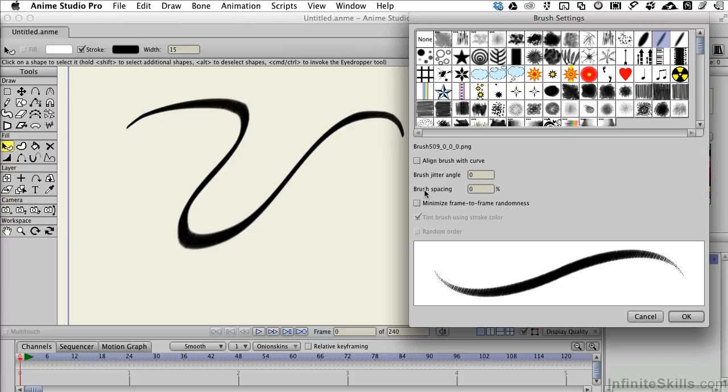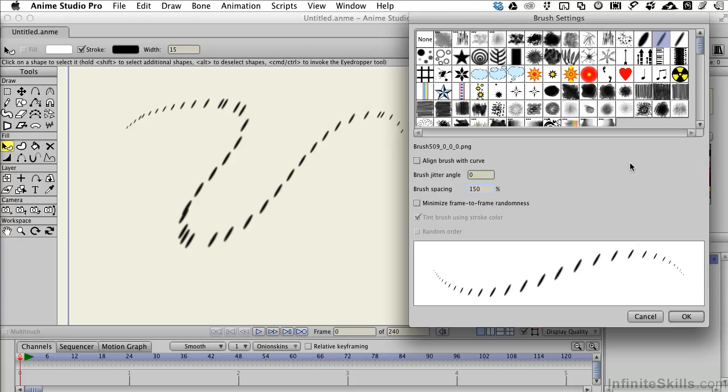The first one we'll take a look at is brush space. This brush here is a little piece of artwork, and the spacing is how close that artwork can be to itself when it gets reproduced along the line. Well, right now set at 0, it means this artwork can touch itself as it moves through the line, and we see that out here in our main drawing area. So if I increase this to something like 150, now this is getting spread out, and this allows us to